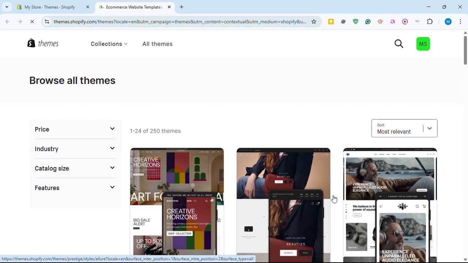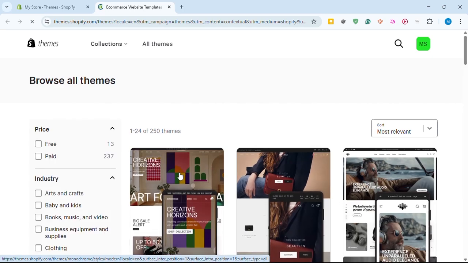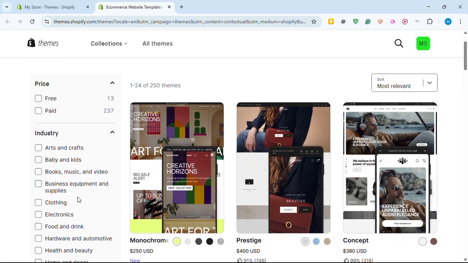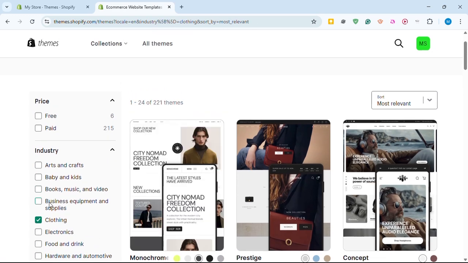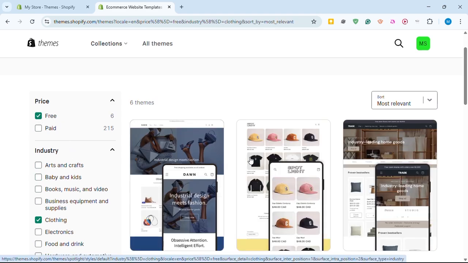Now, in the themes page, you can filter out the industry or niche of your store, like for example, clothing. Then after that, you can also evaluate the budget you want to spend, or you can also select the free themes for your store. Now, this is the important thing to consider in choosing the best theme is by checking